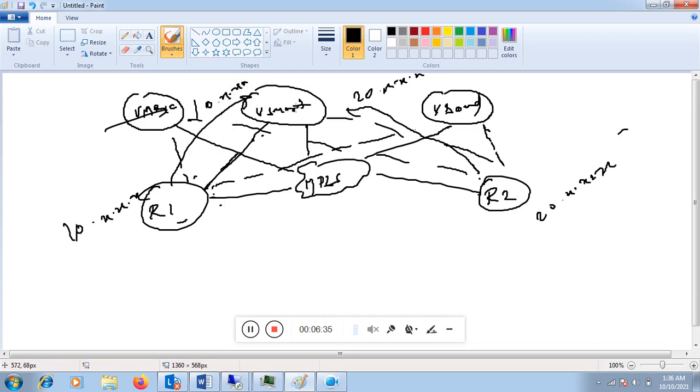Then vSmart will push the 20.x.x.x information to R1, and similarly, vSmart will push the 10.x.x.x information to R2. So vSmart is taking care of the control part. This is how the SD-WAN architecture works.